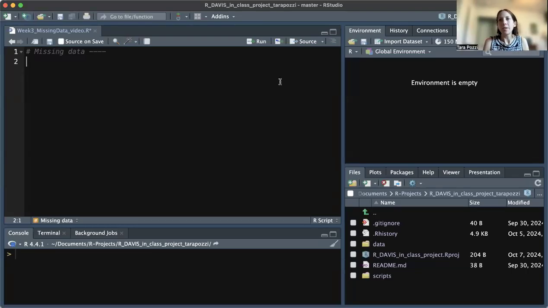Hey y'all, so this video talks about missing data, which is a really common problem that we all will run into at some point when working in R. So this is all about how R thinks about missing data and how to specify it and work with it in your data sets. So first thing to know is that R recognizes NA as a special character for identifying